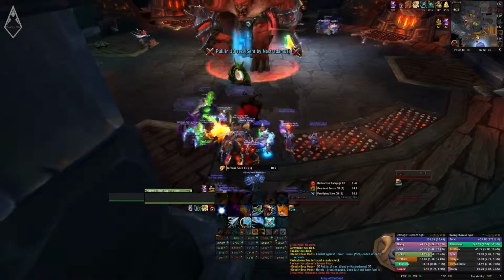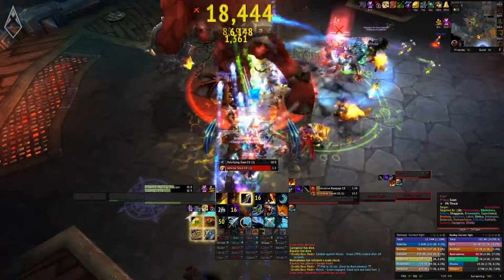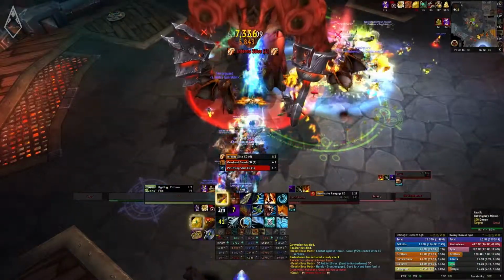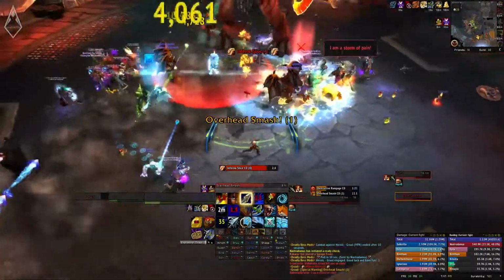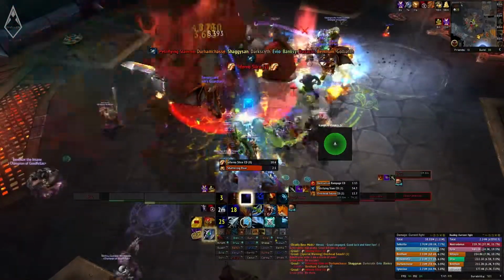So to take down Gruul, it's really all about managing the Inferno Slice stacks properly. The way we do this is we have our 1 tank in the middle, and our 1 tank in one of the groups. We'll say the blue group. And the first 3 Inferno Slices that go out are going to be taunted into the blue group, so that they're going to get 3 debuffs, and the tank is going to have 3 Inferno Slice debuffs. Once the third one goes out,